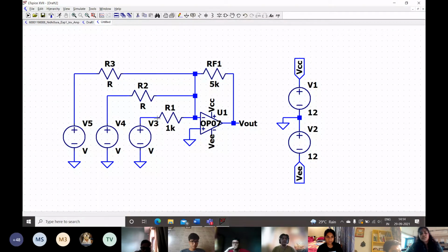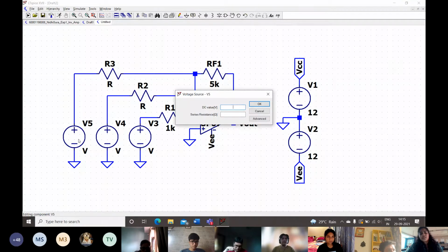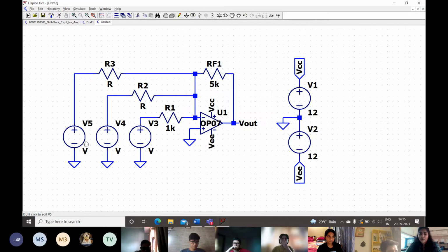Right. So now I'm going to give values to all my voltage sources. I'm just going to randomly give values. I would recommend that you pick smaller values of voltage, because over here, as you can see, I have given plus and minus 12 volts of VCC. So if our added voltage exceeds 12, then it will not give us a correct output.